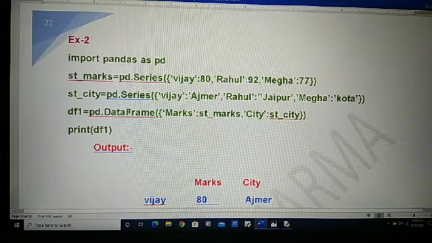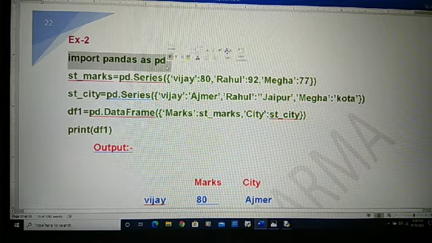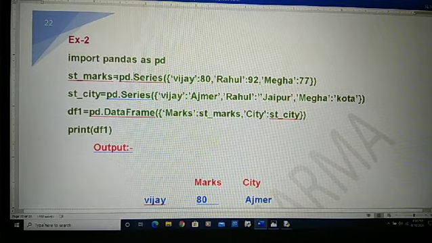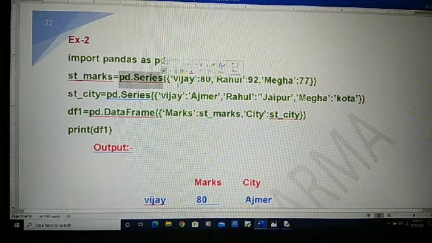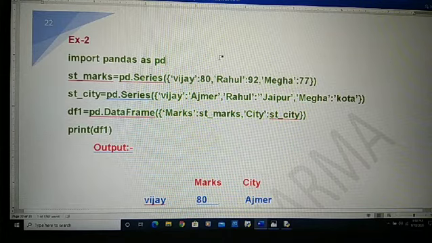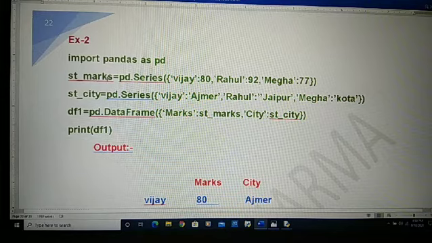In this example also we create two dictionaries and pass them into series values. You can see here first I import our Python pandas library and create a series, and in this series we are passing a dictionary. You already know a dictionary contains keys and values. So you can see here this is our student marks, it's your first series.